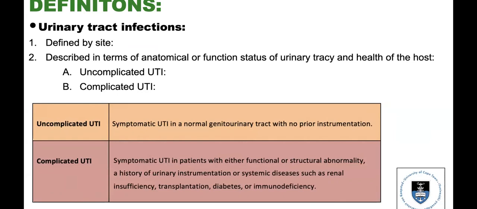Complicated UTIs are infections in people with factors that increase the chances of acquiring UTI bacterial infections and decrease the efficacy of treatment. So urinary tract structural or functional abnormalities, hosts who are immunocompromised, bacteria with increased virulence or resistant bacteria, and male patients are also classified as complicated UTIs.